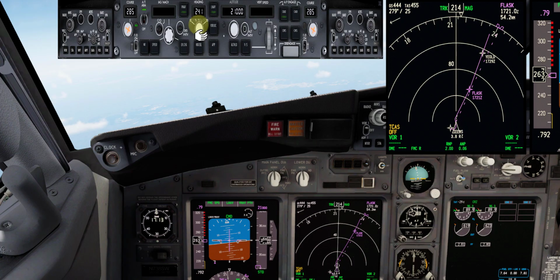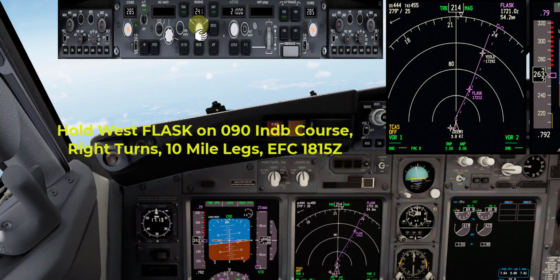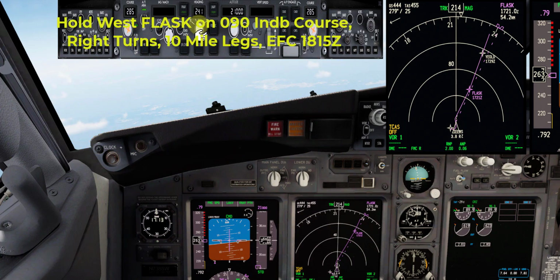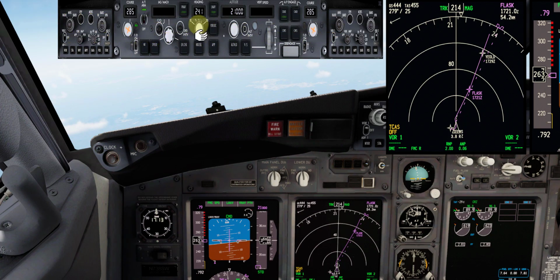The clearance is hold west of Flask on the 090 degree inbound course. Remember, with waypoints, the clearance is going to give you the direction of the area to hold, then is going to give you an inbound course rather than a radial. So the clearance is hold west of Flask on the 090 degree inbound course, right-hand turns, 10-mile legs, expect further clearance at